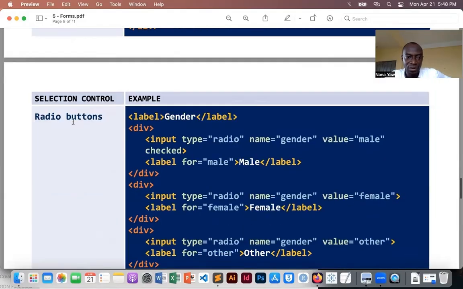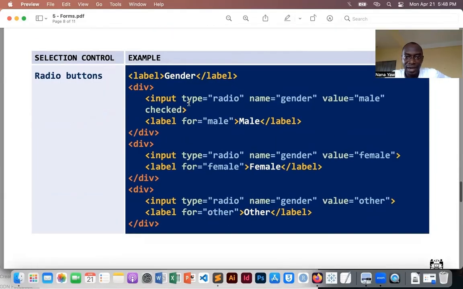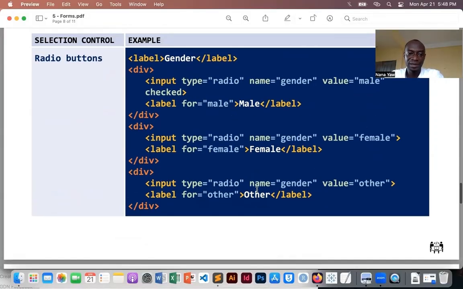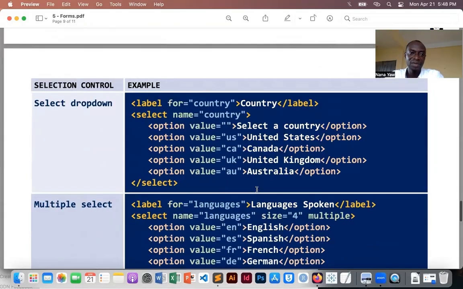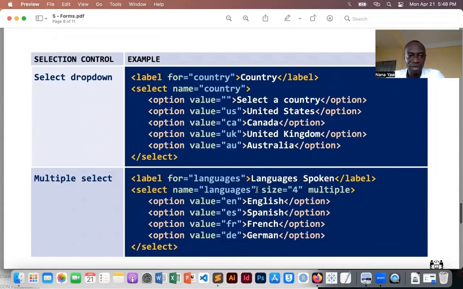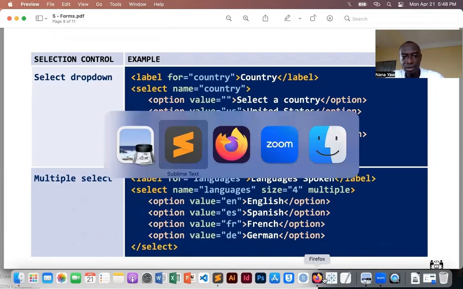radio button. So we've already gone through an example with a radio button. This is how we implement a radio button. An example of how we implement radio buttons. And let's look at drop downs. Okay, drop downs. How to make a drop down, or let a person select from. So we use the select tag, right? The select tag to create a drop down. So let's go into it